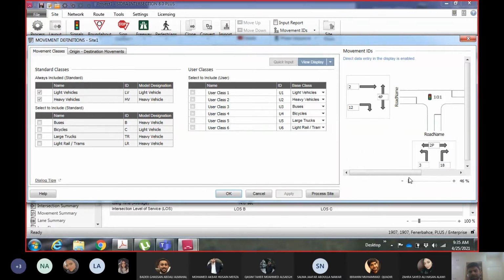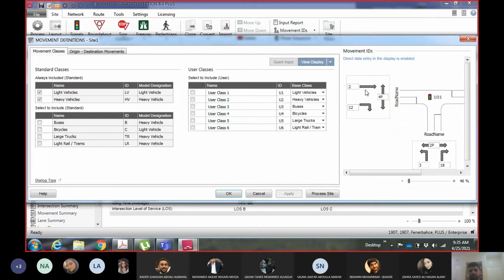Now it's a 3-leg intersection, so you can see here from this particular side left turning is not allowed, right? Why? Because there is no side here. Once you have selected the geometry of the intersection, some of the movements from here will disappear.